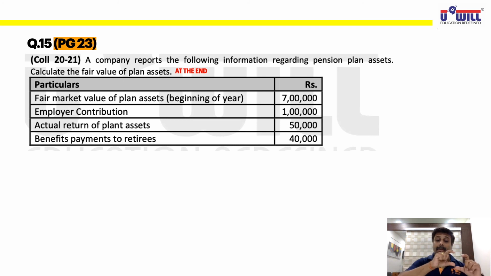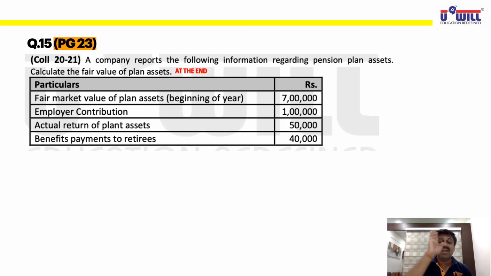If you take minus contribution on the right side, it will become plus. If you take plus benefit on the right side, it will become minus. And actual return on the right side already remains plus. In short, whatever we have been doing in finding the actual return, you do reverse everything over here. Whatever we plus, you minus over here. Whatever we minus, you plus over here. Make a mathematical equation, you'll understand.